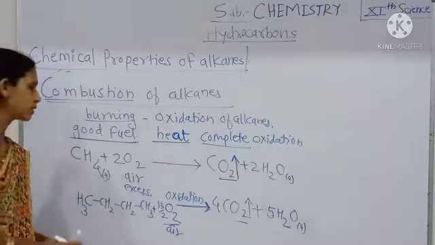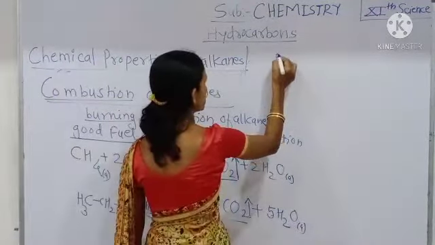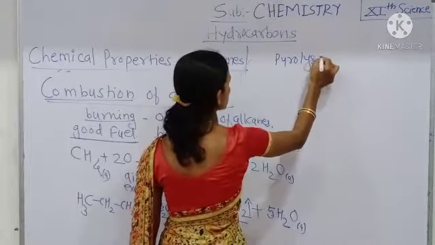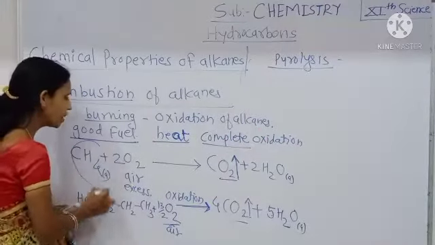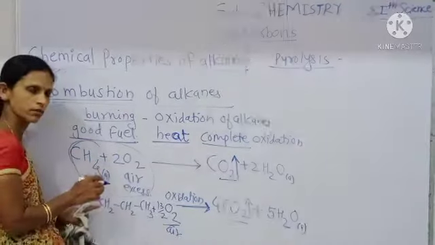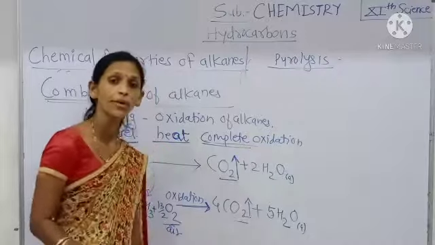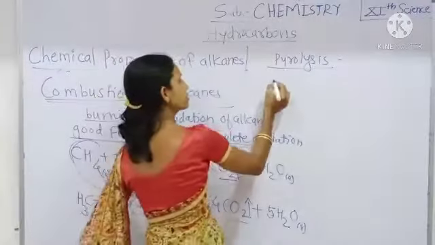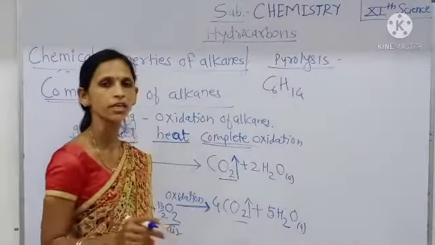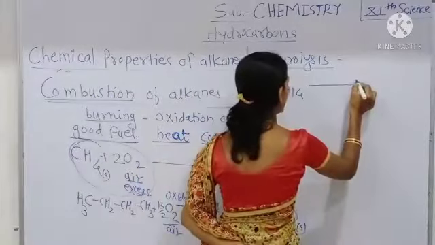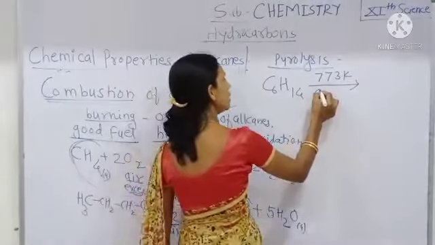Then see here one more property of alkane, that is pyrolysis. Pyrolysis means here, burning of alkane takes place in presence of excess air and complete oxidation takes place. But when higher alkanes like hexane, C6H12, that is hexane, are heated at 773 Kelvin and in absence of air,